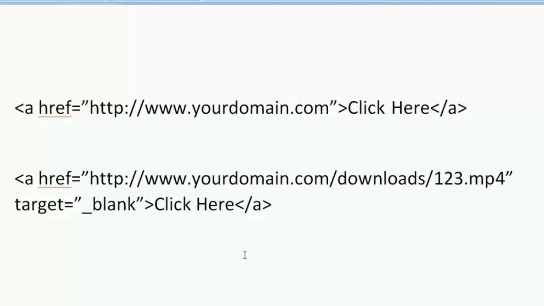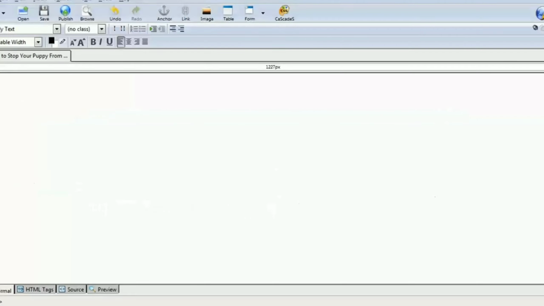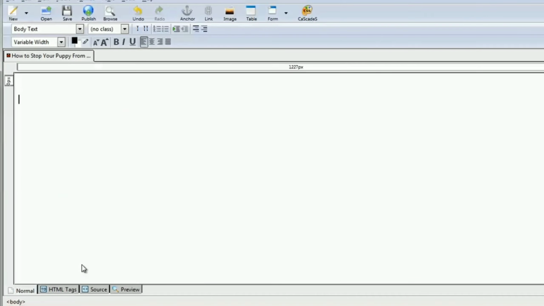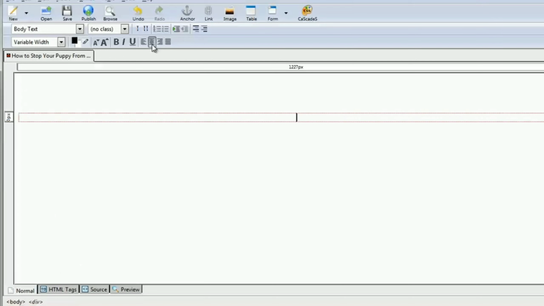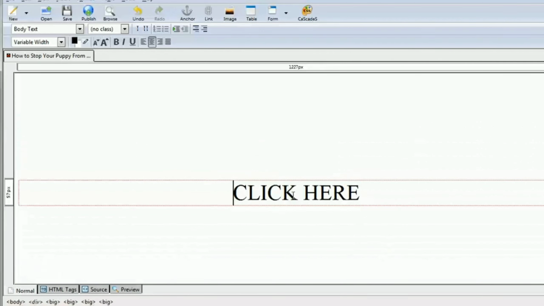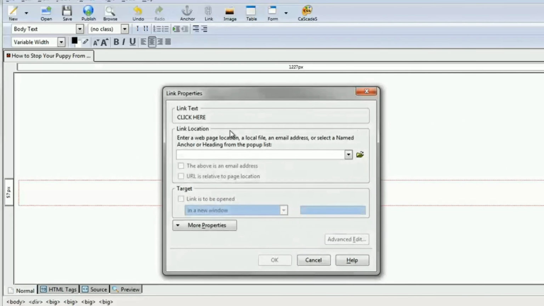All right. Now that you understand this, you're good to go. But we can always go back over to here and we'll put a center line. We'll do click here. And I'm going to make it bold and a little bit bigger so you can see it. If you highlight it, click on link, and you link them to a location,